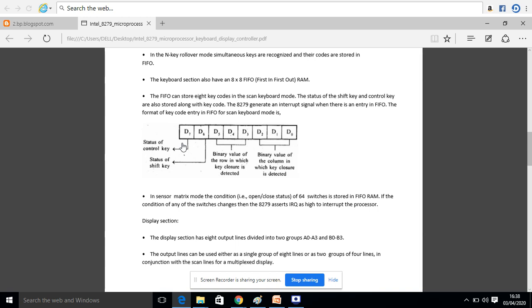In the sensor matrix mode, 64 switches are stored in FIFO RAM. If the condition of any of the switches changes, the 8279 asserts the IRQ high interrupt to the processor. And the display section